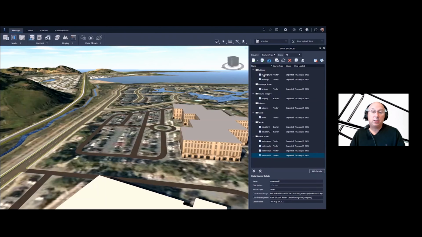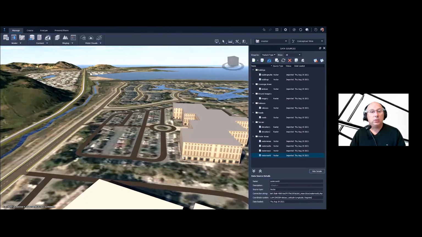Now, it didn't bring in other content like street furniture or culverts or advanced bridges or more advanced roads. It just brought in the basics, but it's a great way to get a free 3D GIS of your city almost immediately. Look how fast that was. It's really quick. And we can alter it any way we want.